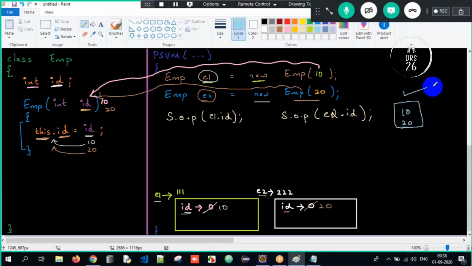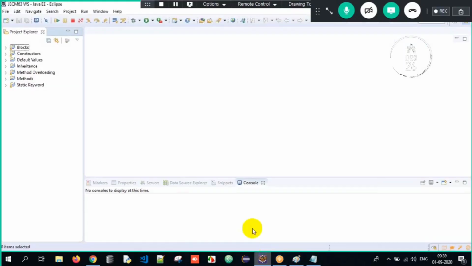Yes, output is valid. But here there is some small redundancy issue. See, I'm making use of multiple print statements here, which is not a good practice. So I'll show it to you practically. I hope you all got the clarity about how this initialization is going to work. Now here,